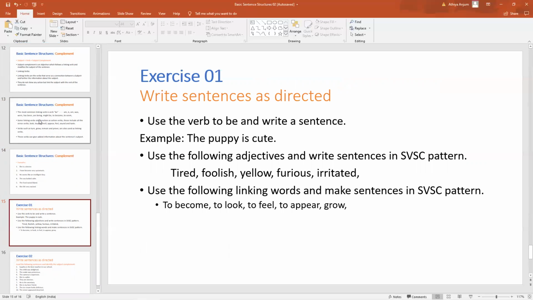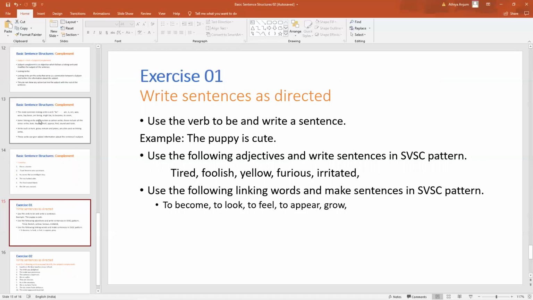So the first one, the exercises that you have to do: use the verb to be and write at least 5 sentences. One sentence is not sufficient for you to learn. To be can be present, past, you can use anything. The puppy is cute. Use the forms of be: am, is, are, all that, like I'm an Indian. All right, so being verb, it describes I, tells you more about the I there. So write down at least 10 sentences using the verb be.